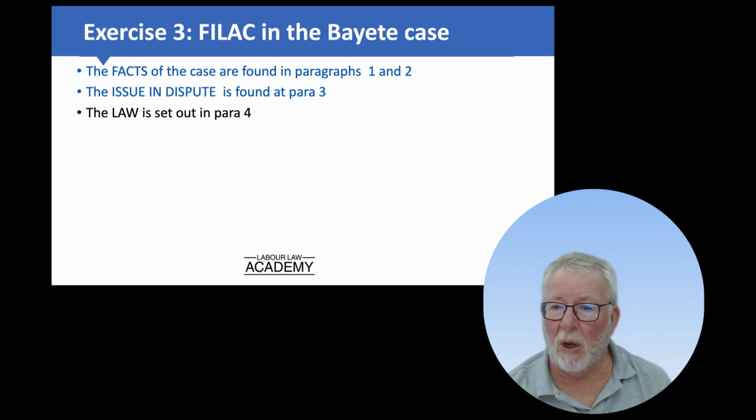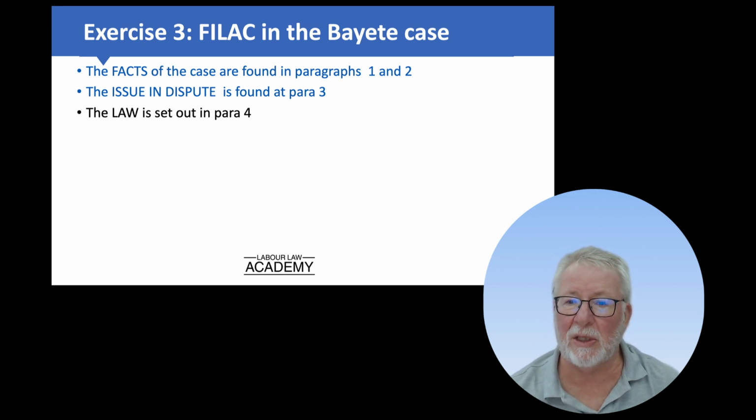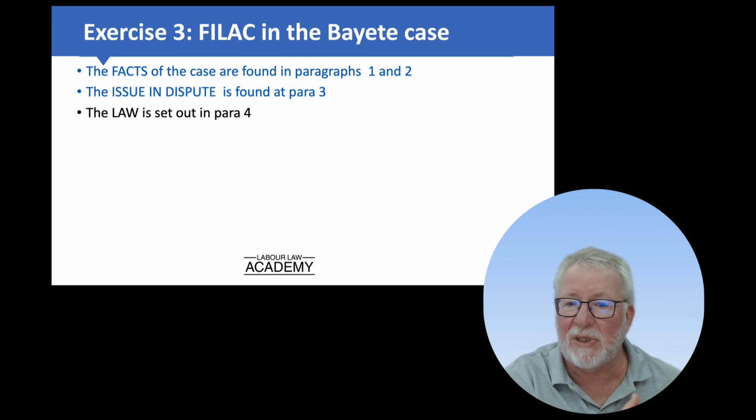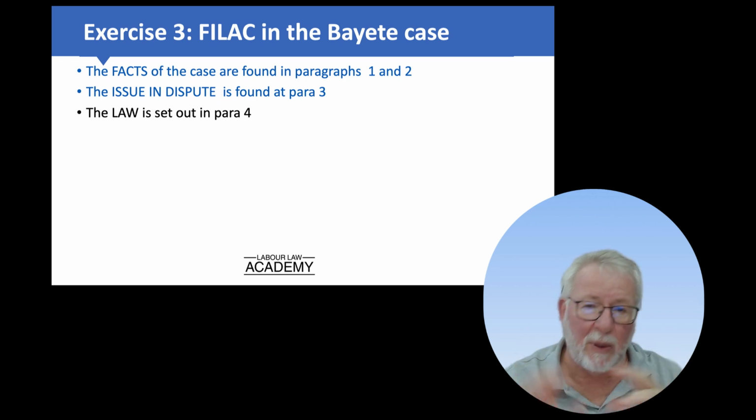Then it says only once this is proved does the onus, the duty to prove, shift to the respondent to prove the discrimination did not amount to unfair discrimination in the sense contemplated by the item, and that's the reference to the law at the time. An averment that there's been discrimination is not sufficient to shift the onus in this sense. And then it quotes another case. So what is the judge doing? The judge is saying, I'm not just making this up. This is what other judges have said in other cases before this one. Okay, so that's the law. So yes, we're going into a lot of detail there,